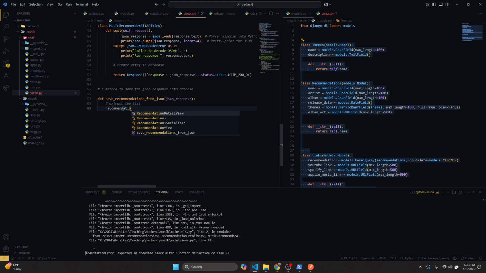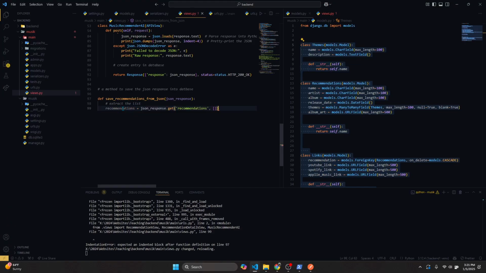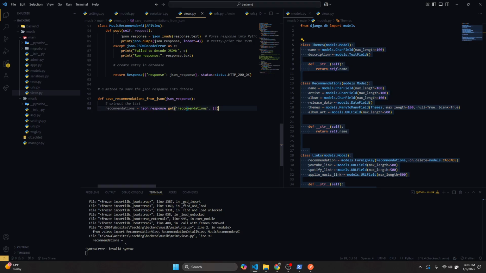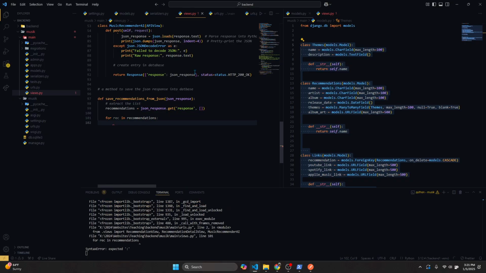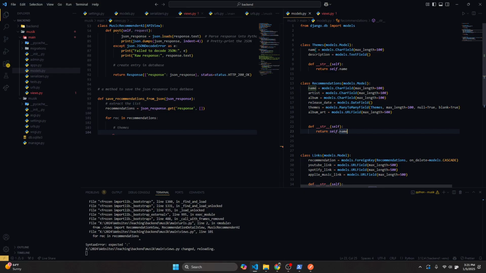So recommendations equals JSON response dot get response, and we're getting a list of 5 of the recommendations from AI. So we'll say for rec in recommendations, let's first handle the themes because our themes have a different model and